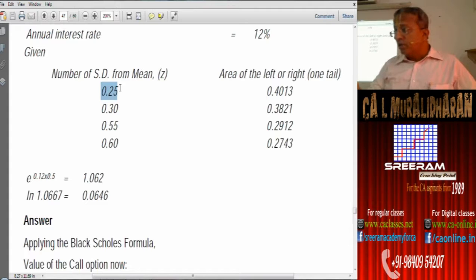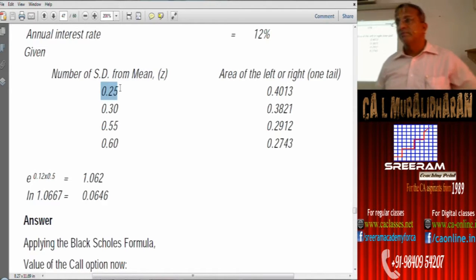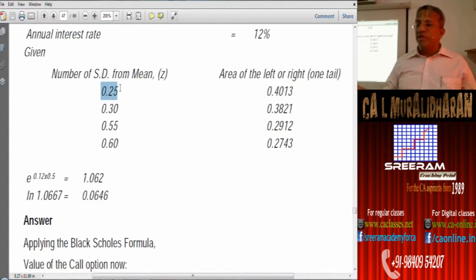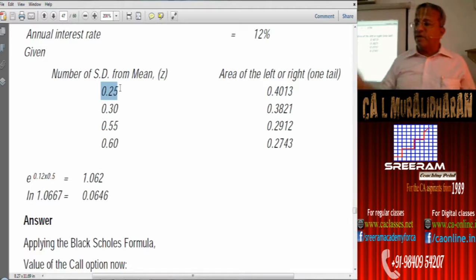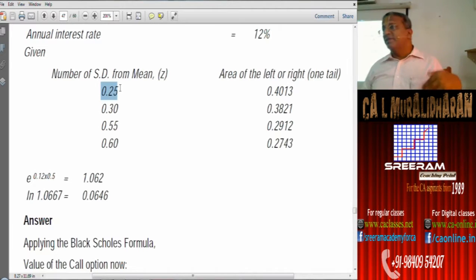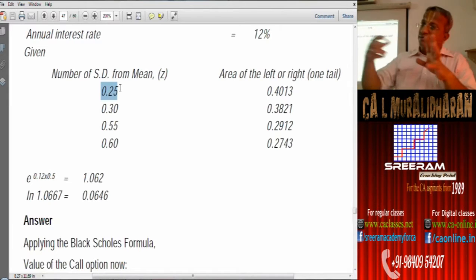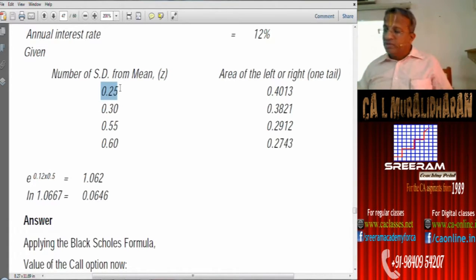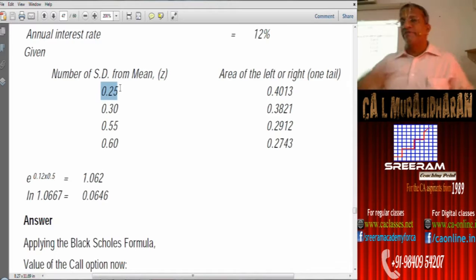You may just check your normal table value. So now take the normal table value from your workbook. 0.25 is nothing but 0.0987. Are you understanding? So had it been a regular problem with d1 being negative 0.25, we would have taken the normal table value for 0.25 and arrived at the number from the table as 0.0987. Am I right? To the probability of 0.5, this normal table value we would have deducted so as to arrive at this value. So the values that you find in this problem were all normal table values reduced from 0.5.